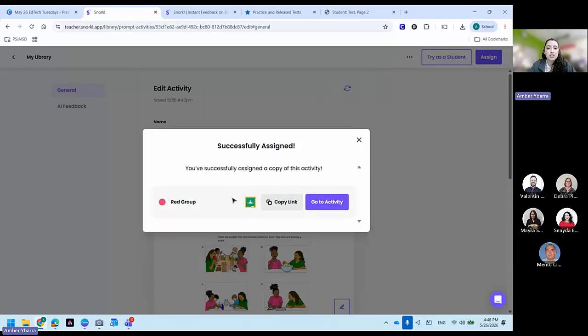And so now to link it to your Google Classroom, you would click here. I know it's successfully assigned, but it's not complete yet. You still have to assign it through Google Classroom. So you could copy the link or click go to activity,